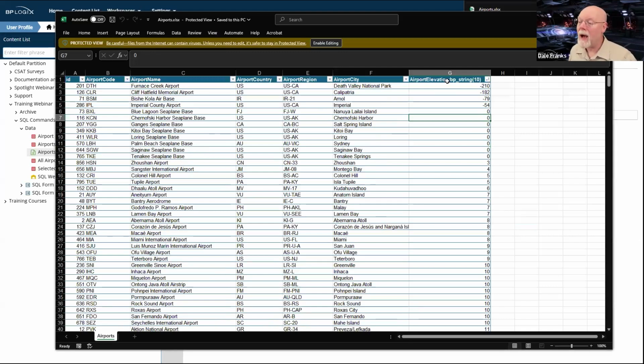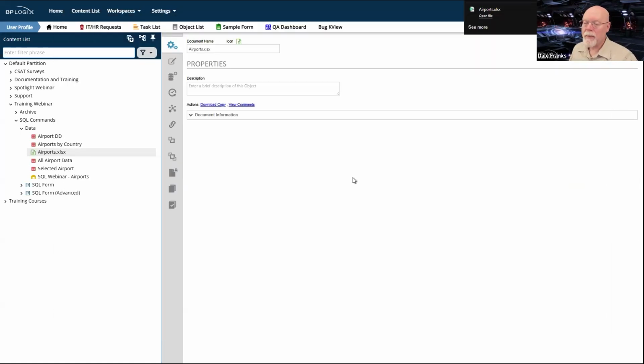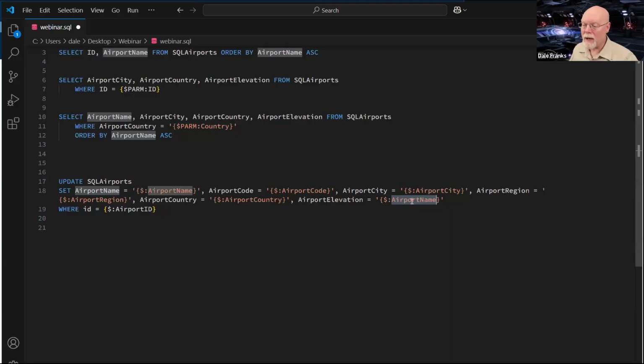I made it text. So it is a string. So that is a text string, which means that on my SQL statement, I will need to keep the single quotes because it is a text value.